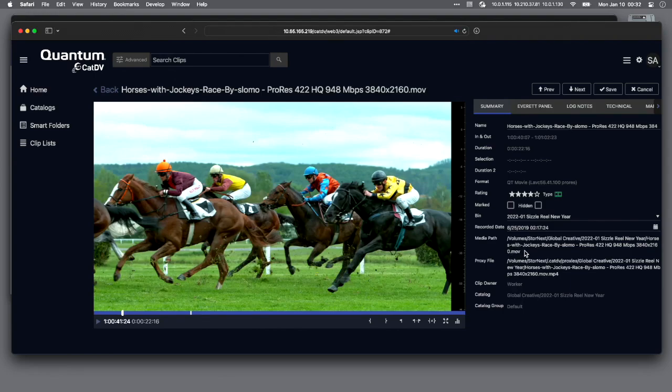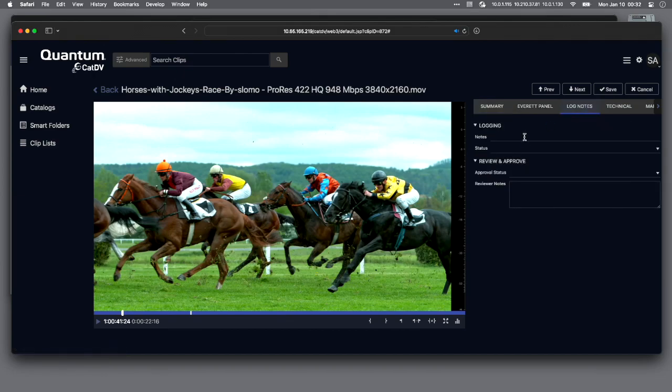And if I need to know exactly where this file is stored, well, that's pretty simple. It's on the root of our H4000 Essential folder, and here's its name. And then here's that hidden proxy file. Let's say, for example, we want to actually ingest and log a lot of content. Well, this would be a very helpful panel to go ahead and enter information